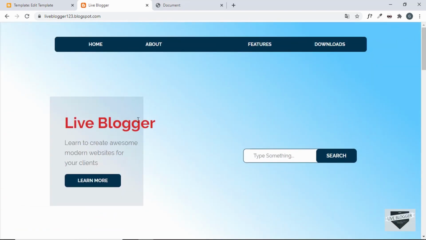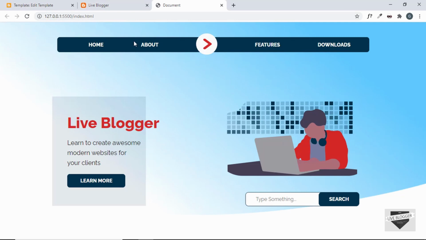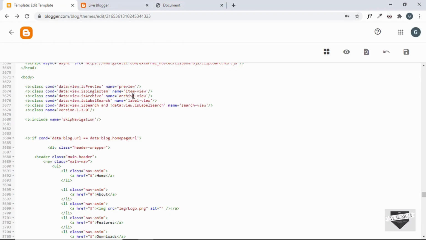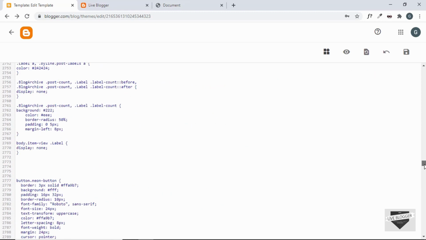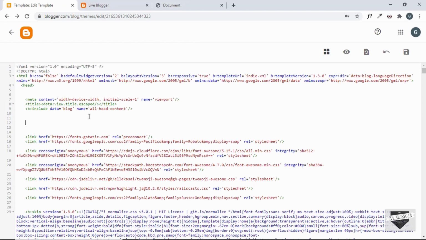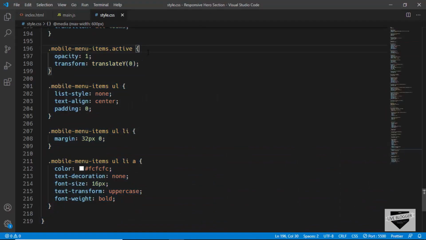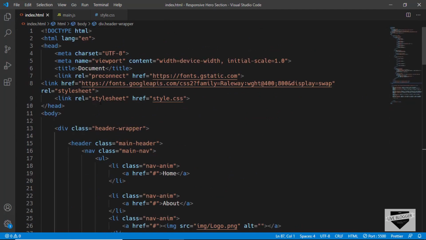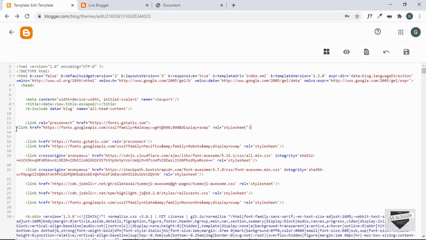Now the next thing we'll do is we will add the font that we used in our design to our Blogger website. So the font that we have used is called Raleway. So let's go back to the theme, and let's go to the top of our theme code, and here we can see we have this head section, and in that we can copy and paste the link of the font. So I'll just paste the link of the font right here. Let's go to our source code, and let's go to index.html, and this is the link of the font. Let's copy this and paste it over here, and we need to end this tag right here,